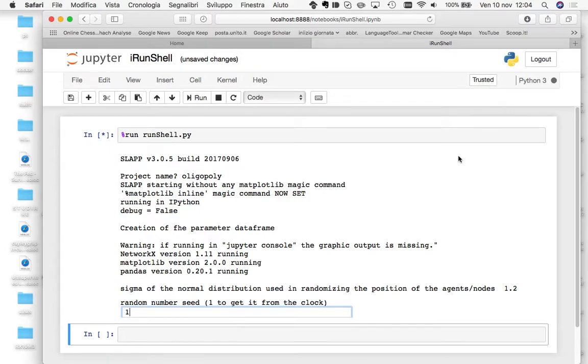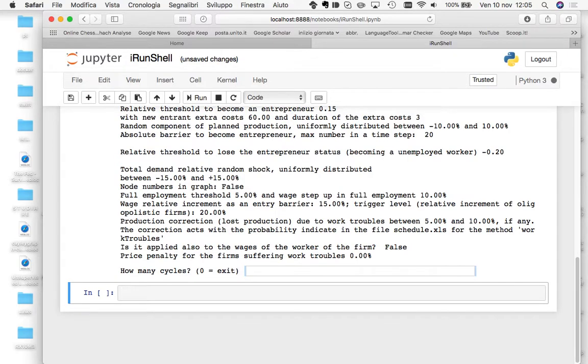Now it is no more quick because we have 10,000 workers. We start with 10 entrepreneurs, and we have a network structure, and the plot of the network is